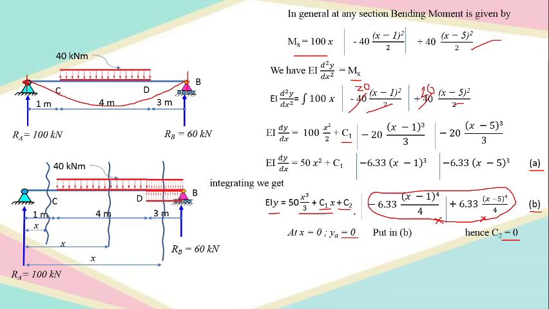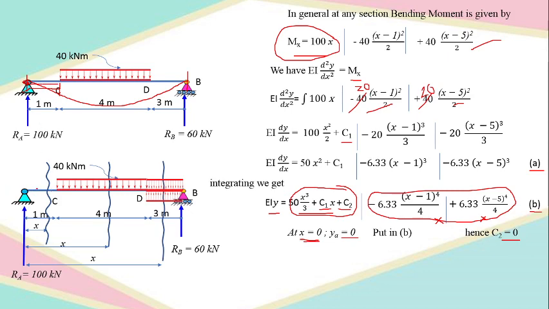Another logical reason for this is what? As I am talking about x is equal to 0, that is related to the first span, that is AC, and for this first section, this is the only bending moment, and the integration of that bending moment is here only. So take only the first part of that total integration, eliminating these two remaining terms. I hope you have got why I am again and again taking only the first term, because I am dealing with what? x is equal to 0. x is related to what? The first span,